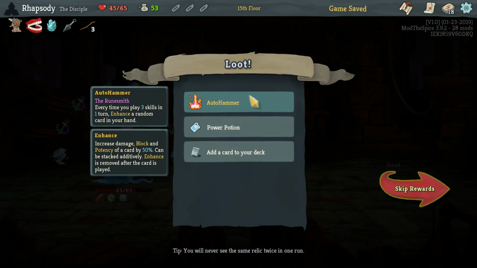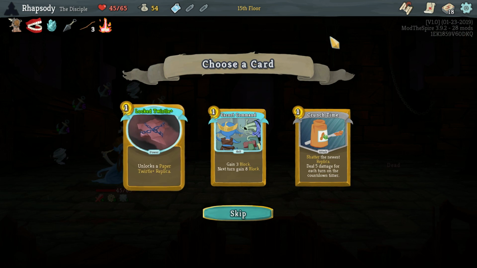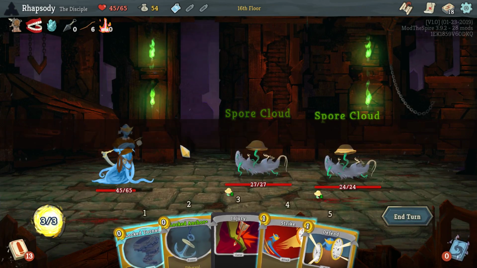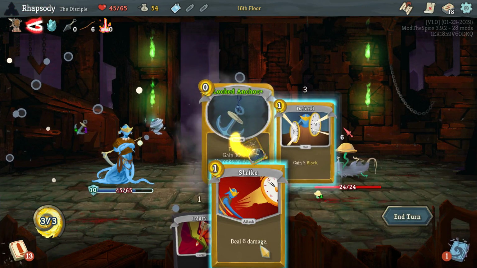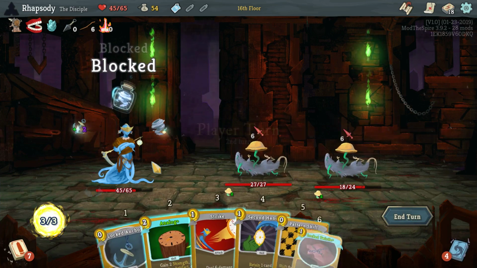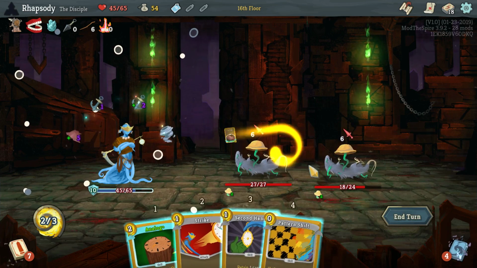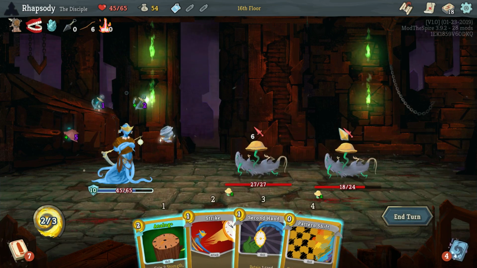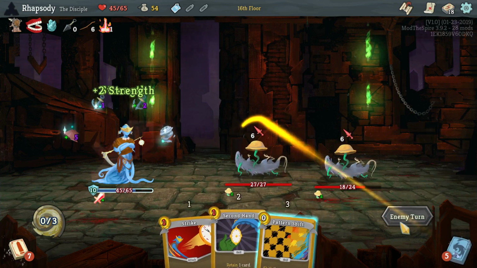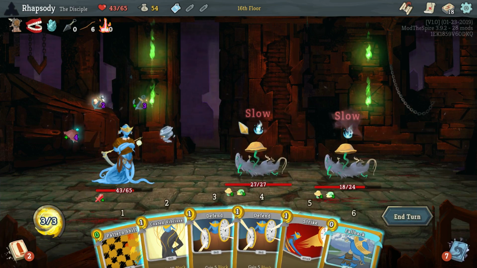Alright. So, Auto Hammer, every time you play 3 skills in a single turn, enhance a random card in your hand, as well as another locked Twirtle. Probably no. We don't need that many locked Twirtles. Just the one, and the possibility of getting an extra one is fine enough for us. Just gonna get that strength this turn, actually. Okay,